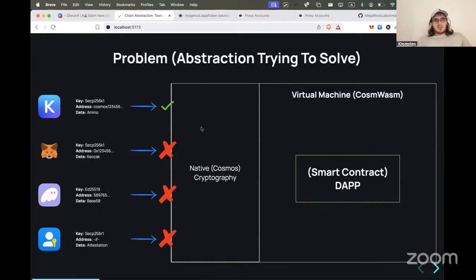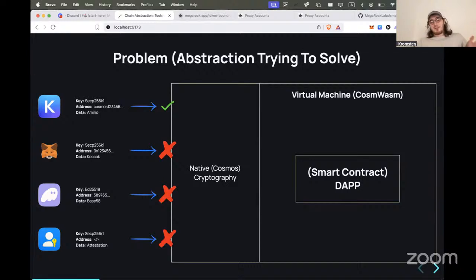I mean, the specific graph, for example, Injective supports Ethereum transactions as well, and I think Solana too. And there's some of the app chains trying to fix these issues, trying to add general support. For example, Osmosis recently added a smart account module, and Xion also has a specific module for this sort of thing. But it's still a work in progress, I'd say, for applications, how to integrate it into your app as an app developer.